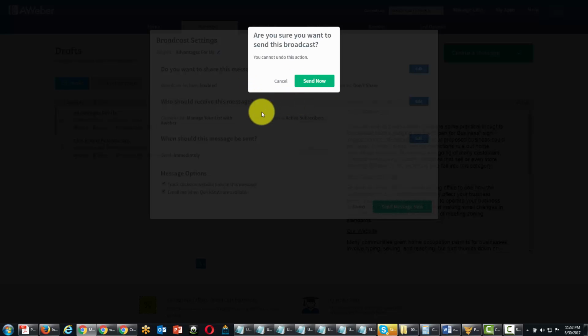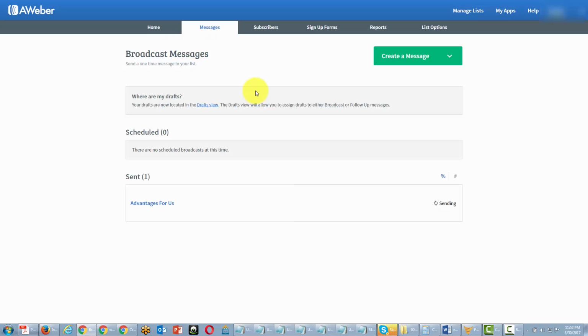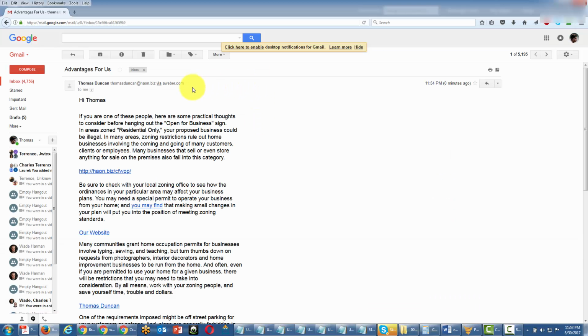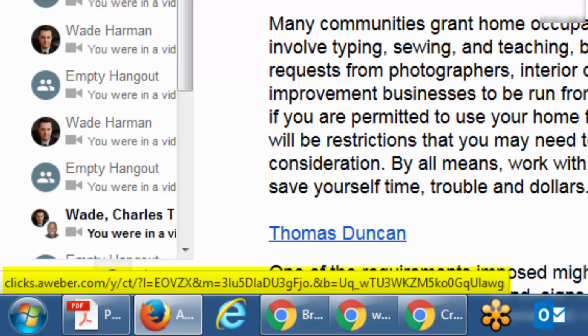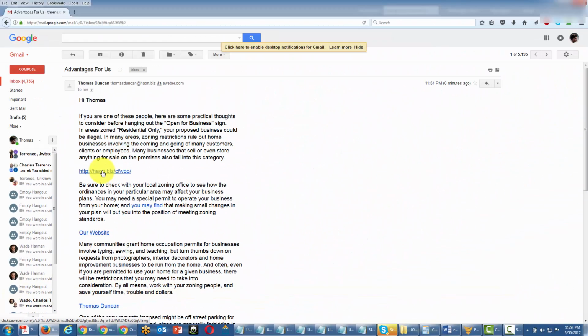Aweber is going to warn us and ask us if we want to send this broadcast, and we're going to go ahead and send it. And now our email with our links is actually sent. So now that this email has arrived in our inbox, we can click these links, and they are clickable. What you'll notice is that these links have a tracking code in them. This allows Aweber to tell us whether or not people are clicking these links. So if we click this link,